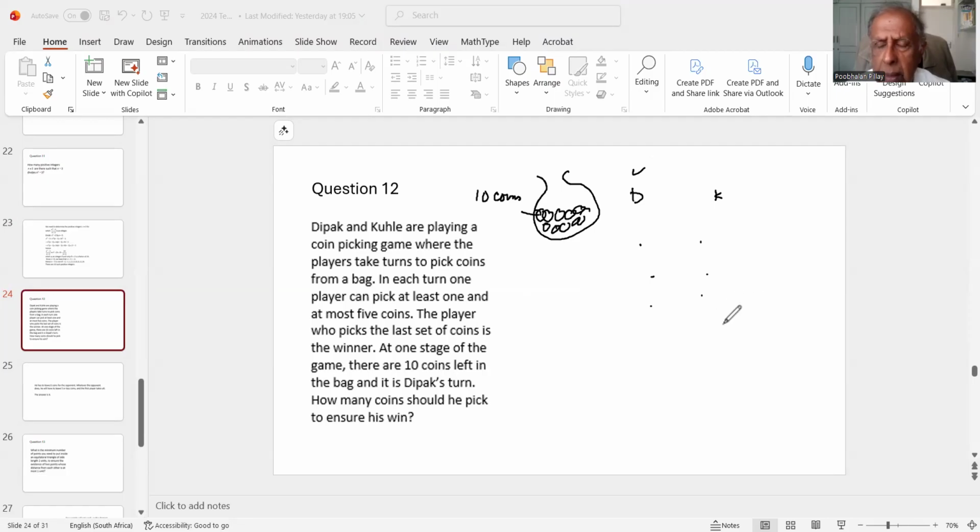Now this should be quite easy, because to ensure a win, he has to leave Kushler with